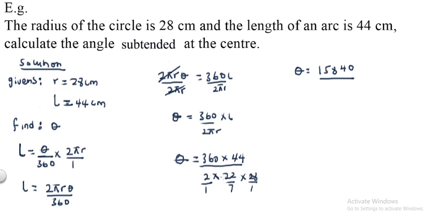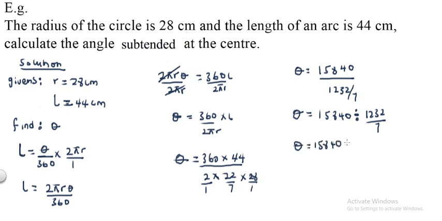The numerators here will be multiplying each other and the denominators will be multiplying each other. This will be 2 times 22 times 28, which is 1232, divided by 1 times 7 times 1, which is still 7. From here, I can write theta as 15840 divided by 1232 over 7. I have to change this to a multiplication sign, so I can say theta is equal to